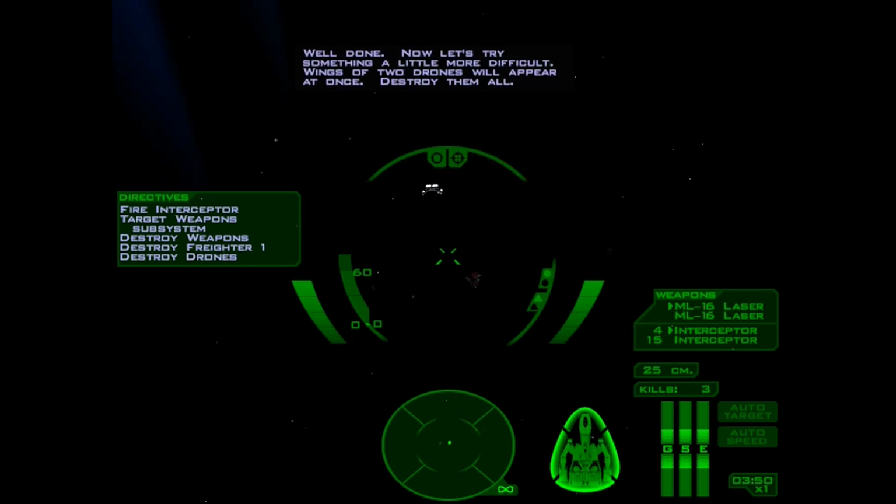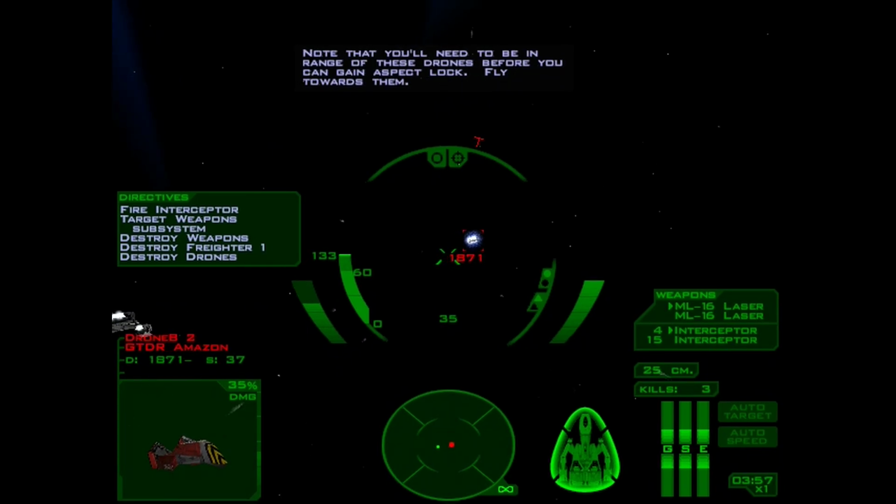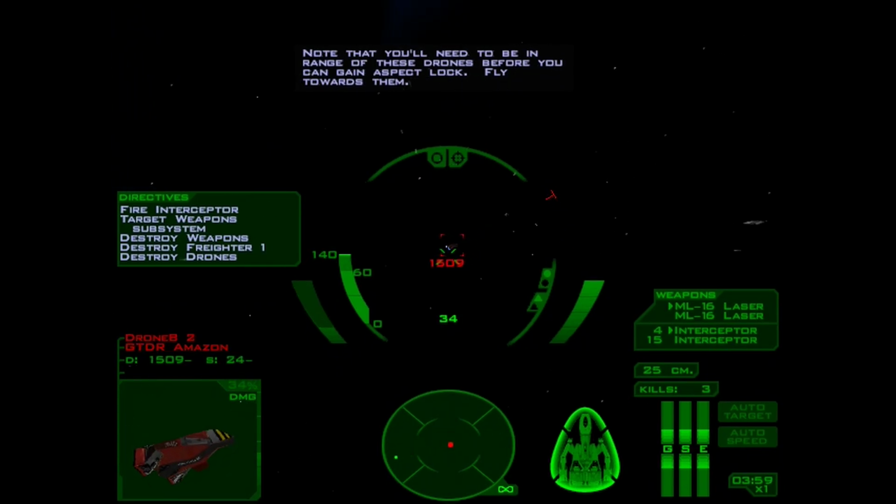Well done. Now let's try something a little more difficult. Wings of 2 drones will appear at once. Destroy them all. Note that you'll need to be in range of these drones before you can gain